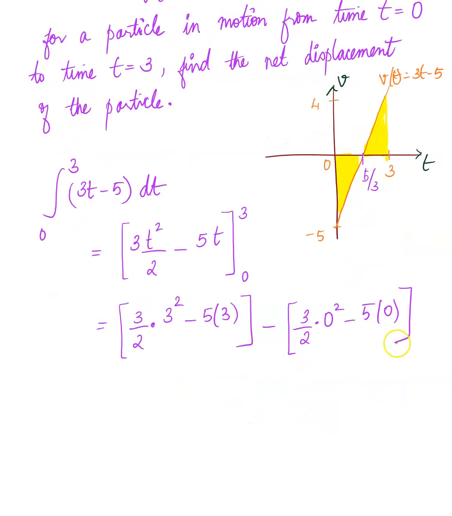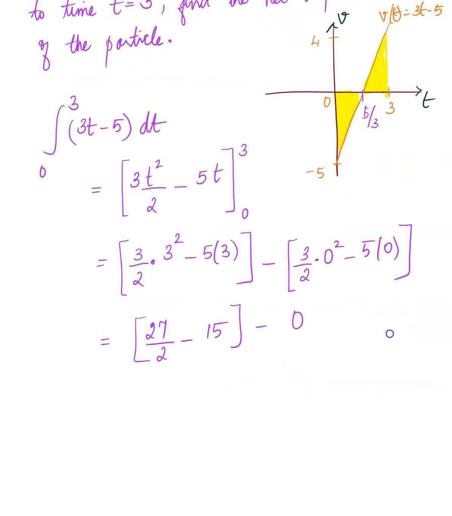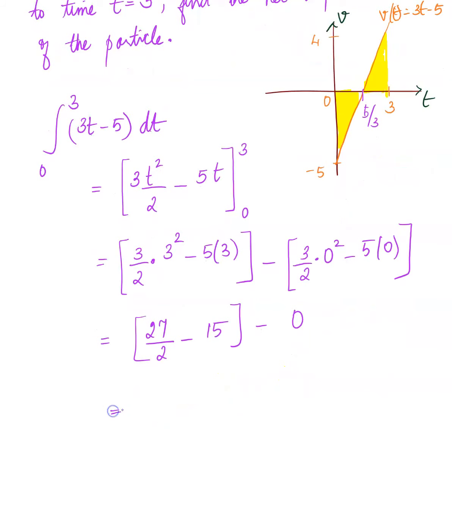Upper limit minus the lower limit. That's going to be 3 cubed over 2, so 27 over 2 minus 15 minus 0. Alright, so use the LCD, clean this up. You get negative 3 over